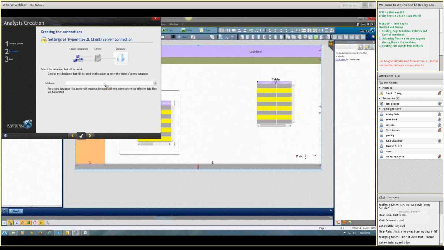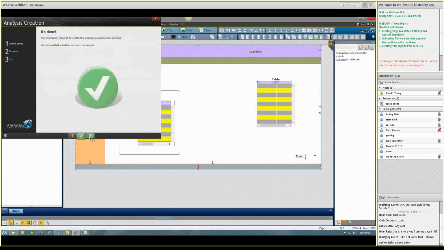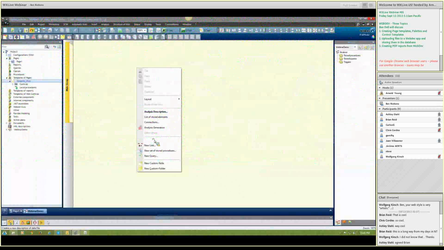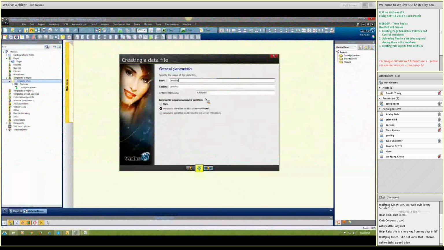Let's try that. Let's create a database there. Web demo. Okay, so let's go and create one. Create a file, demo file,